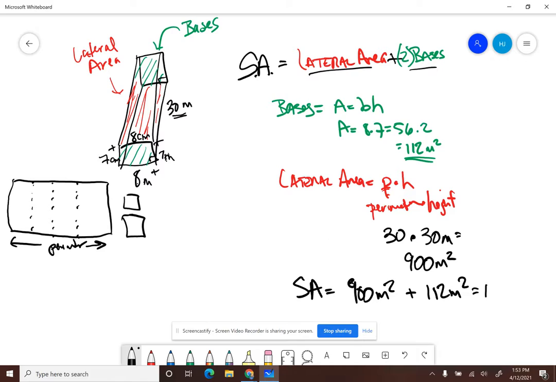And again, I'm going to get 1,012 meters squared. You say, well, I don't know if that really helps me or not. I mean, I could just use my rectangular prism formula, and that works just fine for me. Well, it does, but then when you get to other figures, it really makes sense to use this approach here of using surface area equals lateral area plus the two bases, and then understanding that the lateral area is perimeter